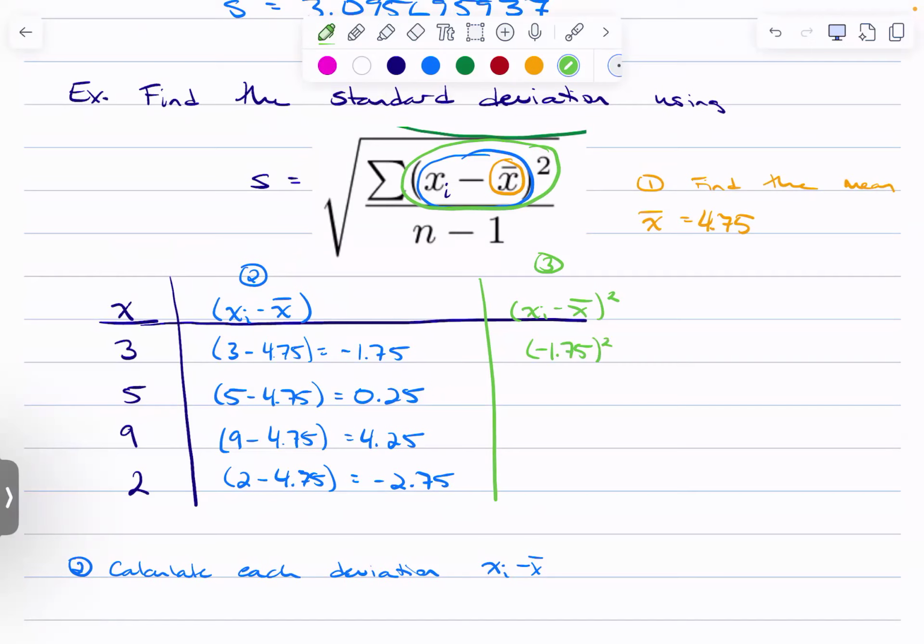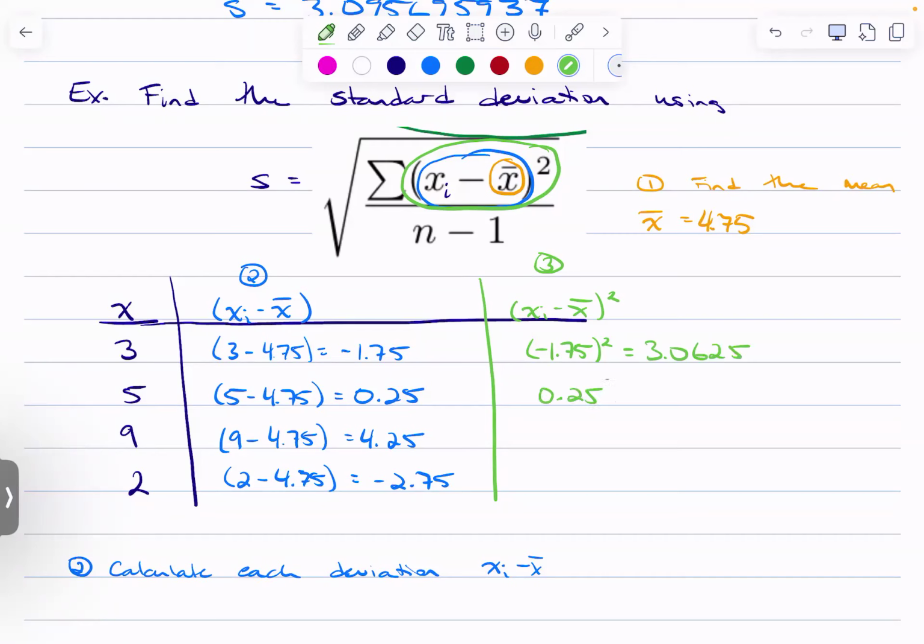Make sure you put brackets around it or ignore the negative in your calculator, because usually if you just do negative 1.75 squared, it doesn't know to square the negative, so it keeps the negative, but that's wrong. So make sure you wrap it up in brackets. Let's see here, 1.75, or just drop the negative, I guess that's what I do. I get 3.0625,